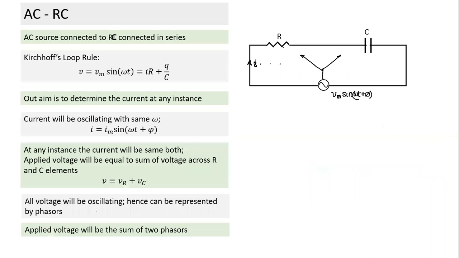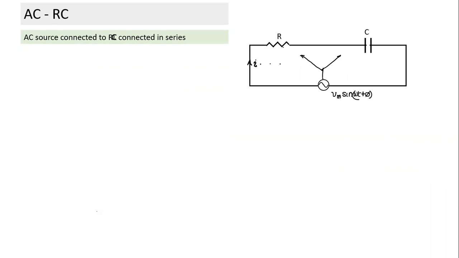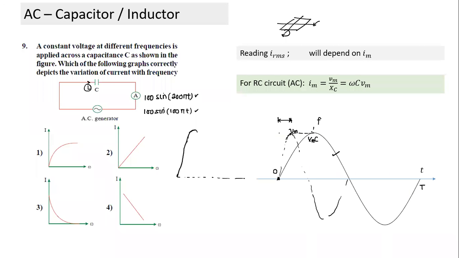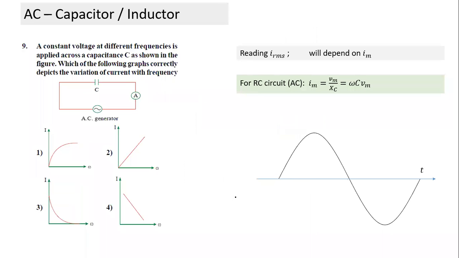I think I did something like this. Okay. If this is the applied voltage, I think we had, okay. This is the applied voltage for a capacitor. One is mathematically we have derived. Without mathematical derivation also, if this is the applied voltage, can you all draw the current curve?